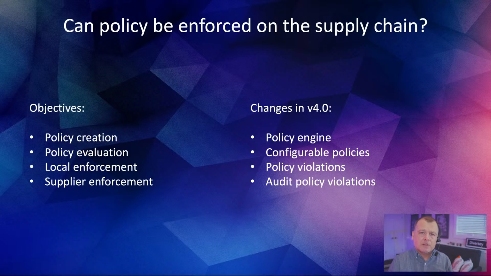But in order to kind of set ourselves up to be able to do any of this, there were some changes that were required in Dependency-Track 4.0. So 4.0 now has a policy engine. You can configure your own policies. By default, or actually with 4.0, you have license policies, and you have allow and deny list component policies, and you can allow or deny based on a component's coordinates, their package URL, or their SWID tag ID. In the future,